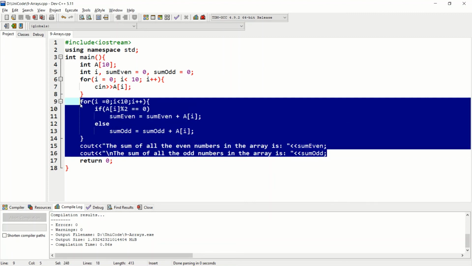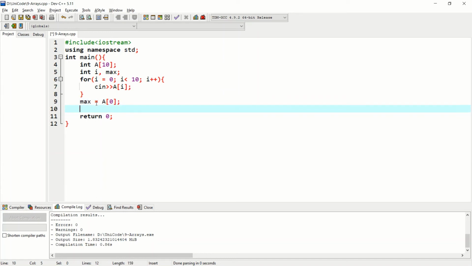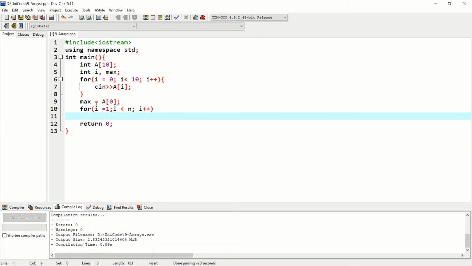One of the basic uses of an array is finding the largest number from an array. So we can just make that code again. If I just make a variable like max, I'll store the first value in it, max equal to a of 0, and we can loop from i equal to 1, i less than n, i plus plus. I will use a conditional statement over here: max equal to max less than a of i question mark, and then a of i colon max.